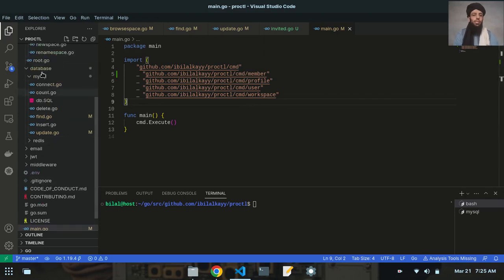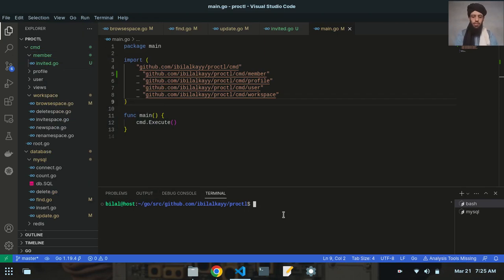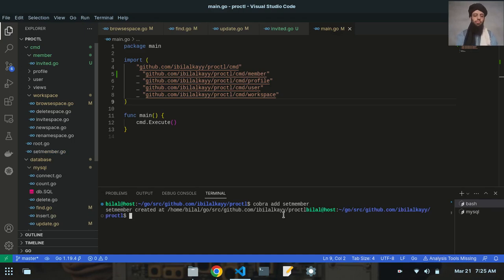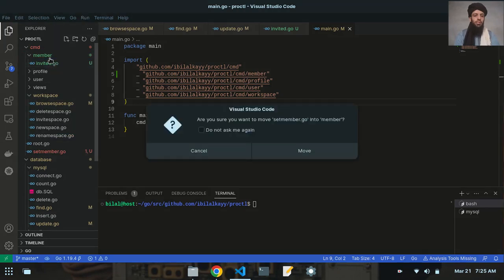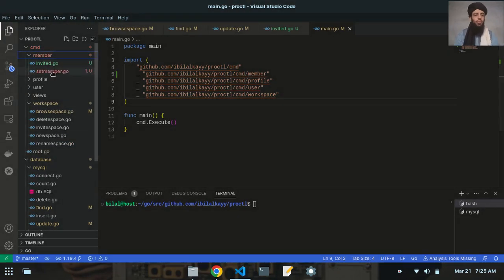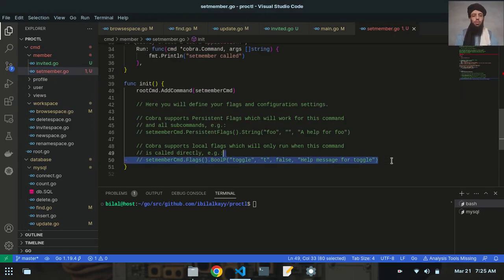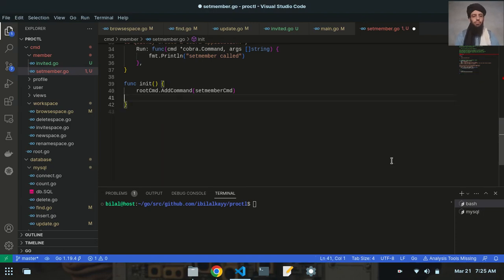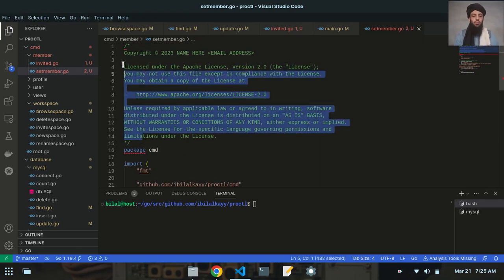Alright, so now the next thing that I'm going to do is to create another file, and by creating I will write cobra add setMember like this. Now you can see that the setMember is set up, so I will copy this and paste it in the member directory. Now this is present here. So let's remove these comments, and let's remove this comment